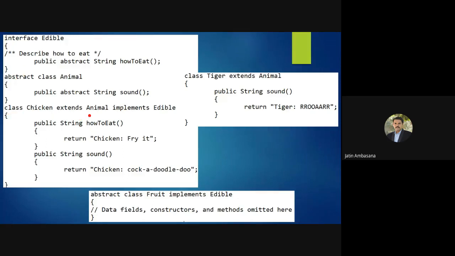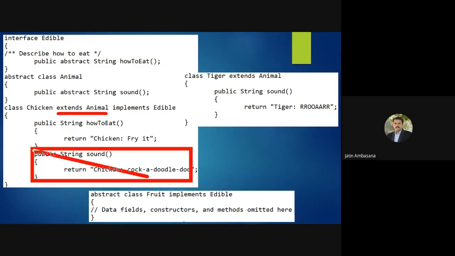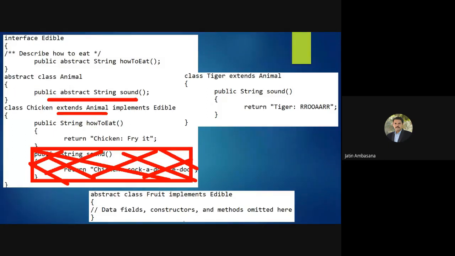If we had extended this abstract Animal class and did not provide an implementation of the sound method, then the compiler would see that the Animal class is abstract because it has an abstract method called sound.